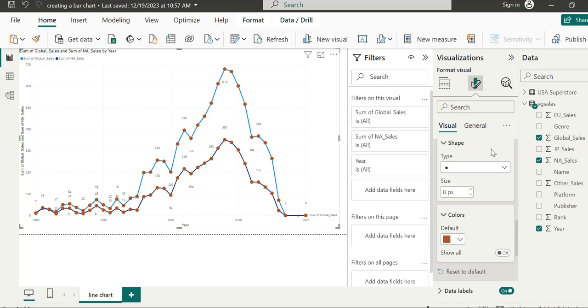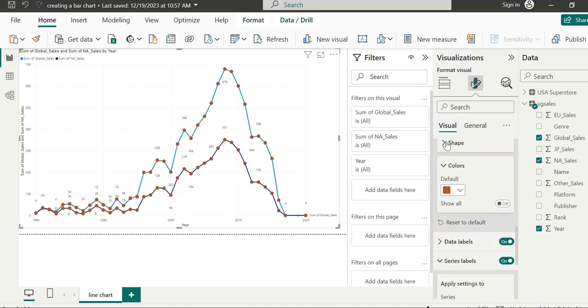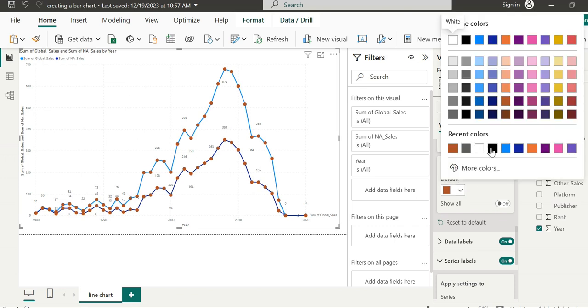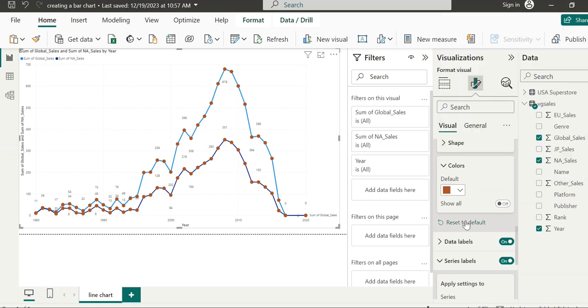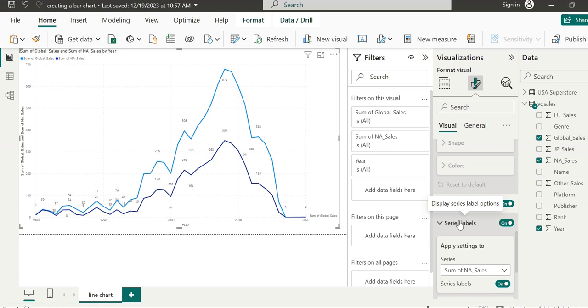We can experiment with combinations of different shapes, sizes, and colors, so you can have overall control of your visualization. To go back to default, just go to reset here.